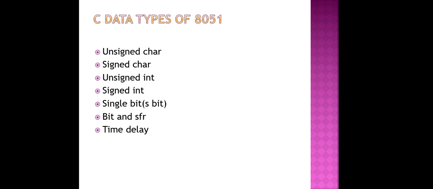The bit and SFR data types: the bit data type allows access to single bits of bit-addressable space, 20 to 2FH. The sbit data type is used for bit-addressable SFRs. To access byte-size registers, we use the SFR data type. We will see the use of sbit, bit and SFR data types in the C program.